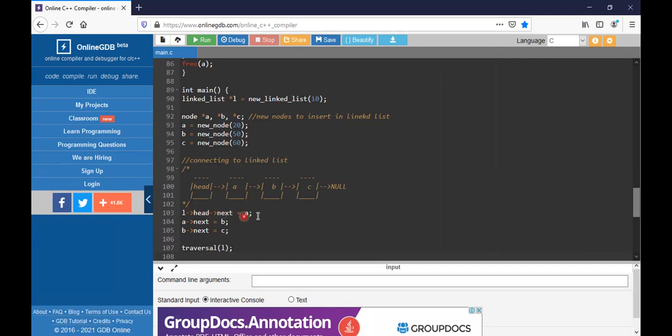The head's next will be A, A's next will be B, B's next will be C. Here, head's next will be 20, 20's next will be 50, 50's next will be 60. So when you are traversing,